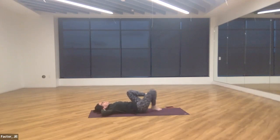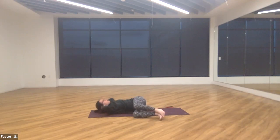Bring your knees over to the right side. Hands are still behind your head. You're going to inhale and exhale, pulse up and down for oblique conditioning. Pushing that breath out of your body for 5,